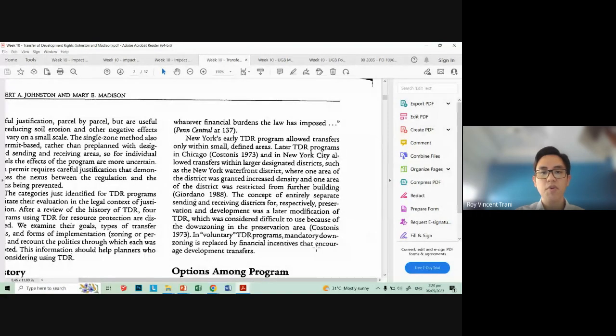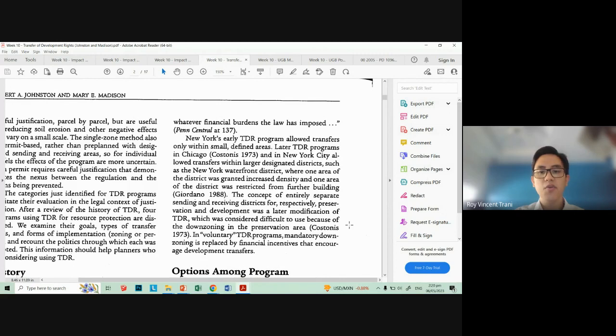Later TDR programs in Chicago and New York City allowed transfers within larger designated districts, such as the New York Waterfront District, where one area of the district was granted increased density and another area of the same district was restricted from further building. So the concept of entirely separate sending and receiving districts, for preservation and development respectively, was a later modification